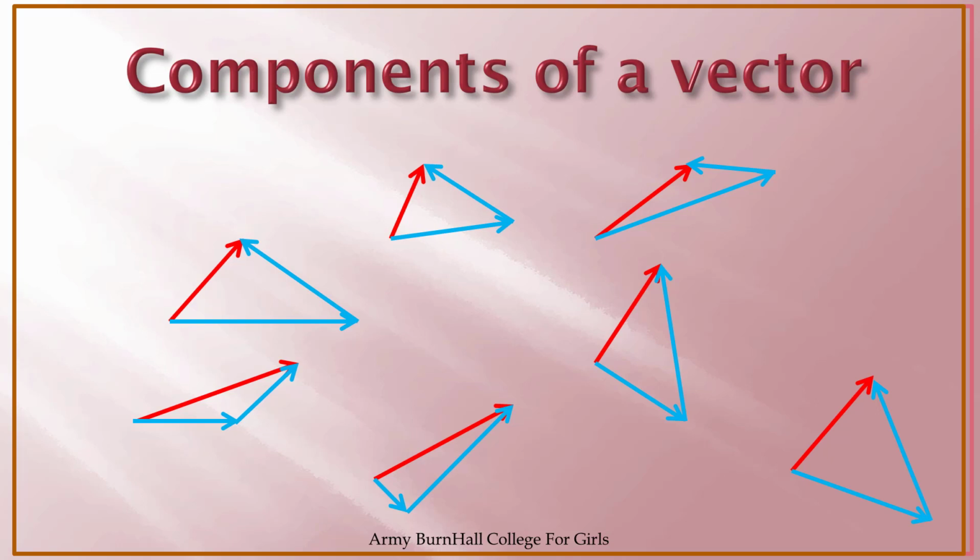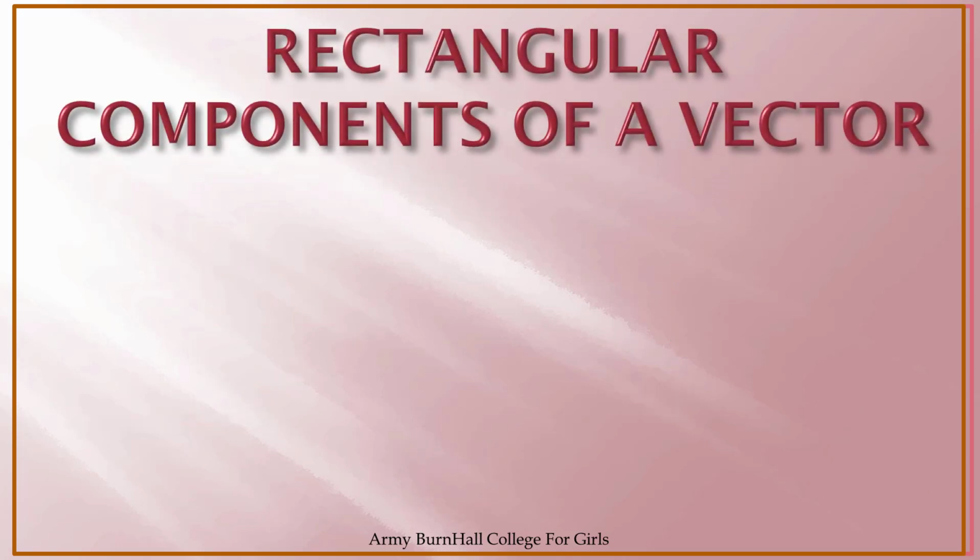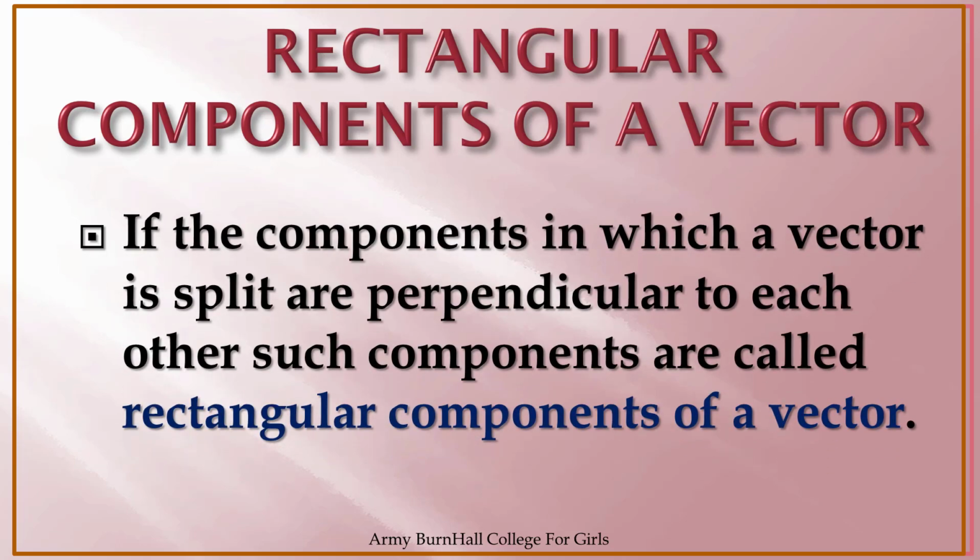Okay, we can resolve a vector into an infinite number of components, but over here we don't require all these components. We just need particular types of components, which are known as rectangular components of a vector. What are rectangular components of a vector? If the components in which a vector is split are perpendicular to each other, such components are called rectangular components